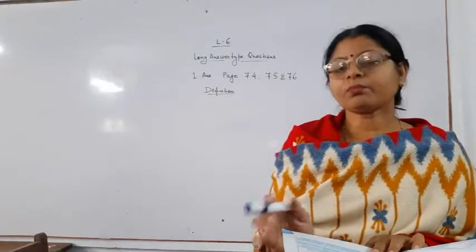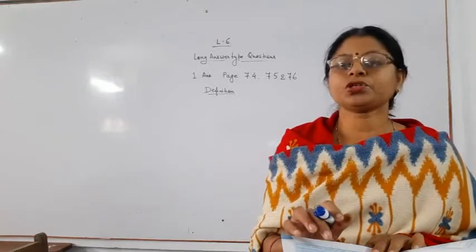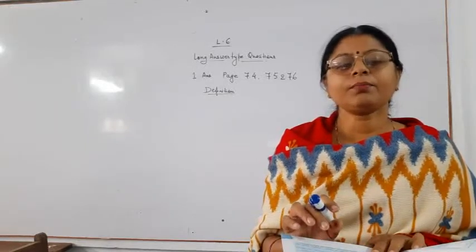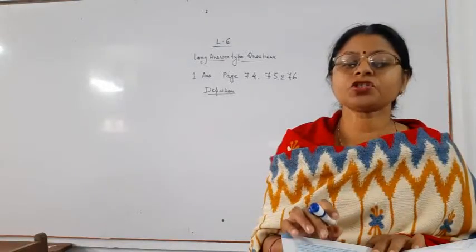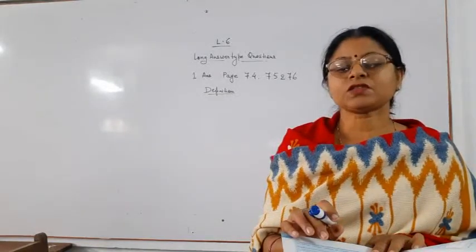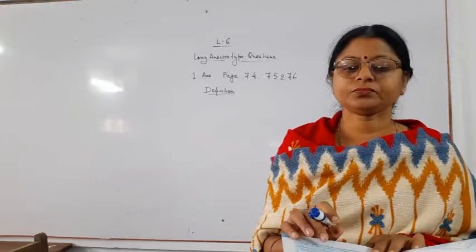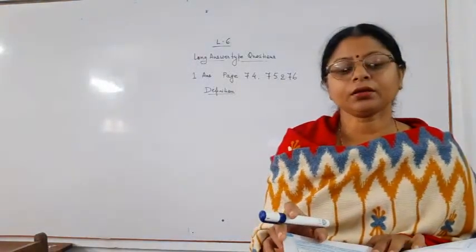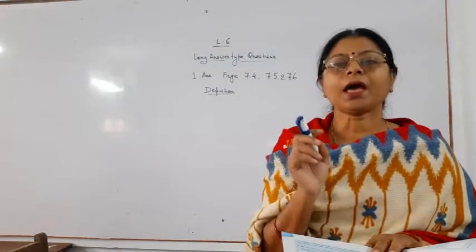Then in page number 75, in the first line it is given that double decomposition reactions are of two types. After that the heading is given: precipitation reaction. A chemical reaction in which two compounds react to form an insoluble compound as one of the products is called a precipitation reaction. After that you write down the example, and then you write down the equation given in your book.